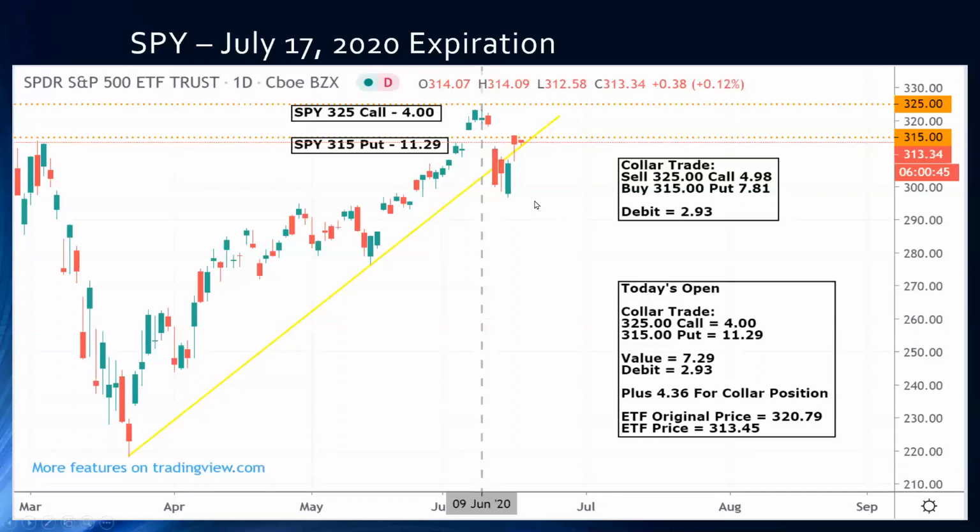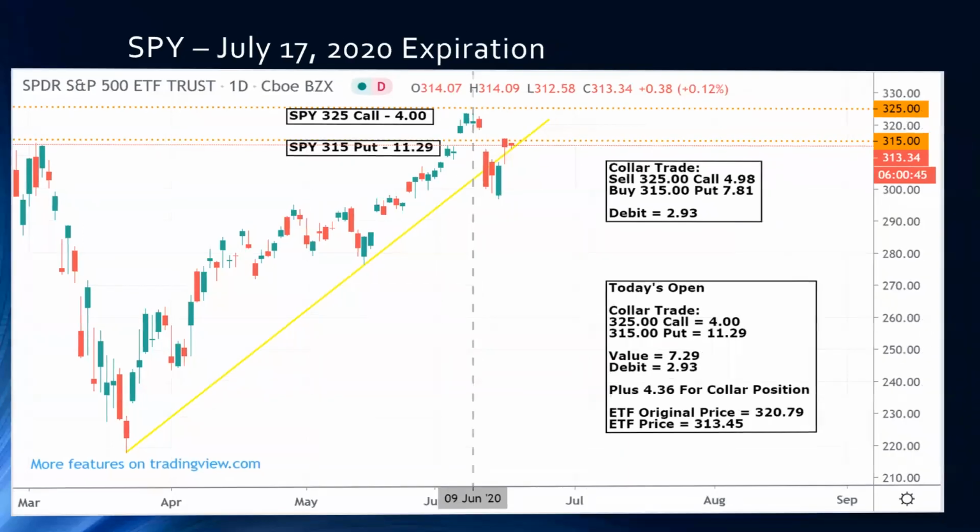So for the correction, you would be up that. Obviously, you would be down the difference on the ETF price, but you don't care about that because you want to stay long. You're just trying to limit your losses. And then remember, if the market goes back and makes new highs, then your ETF price goes higher, and you will also be up on that position as well. Whether you put another one on later, at the end of July 17th, is a whole other topic of conversation, and we can answer that question later if anybody wants to know, because now it's time to move on to the next ETF.